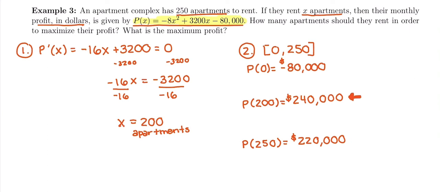This might be that having those 50 extra apartments could have just put them into a different tax bracket and made it not worth it. Or maybe by law, they have to have extra maintenance people that they have to hire, and those salaries make it not worth it. There's something with the cost that's making it so that the profit is less there. So it's more revenue renting more apartments, but then there's a higher cost as well. And profit is revenue minus cost. So our recommendation is going to be to rent 200 apartments